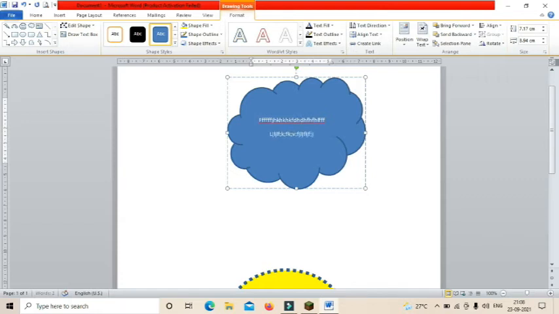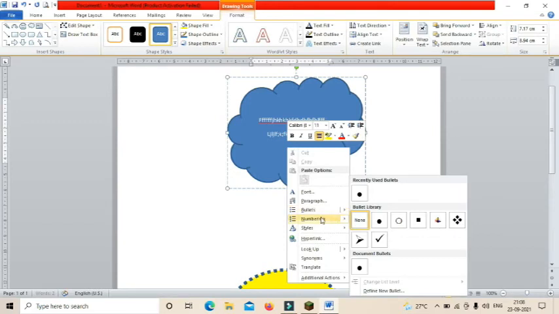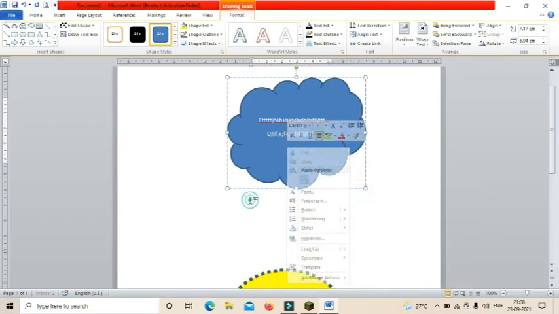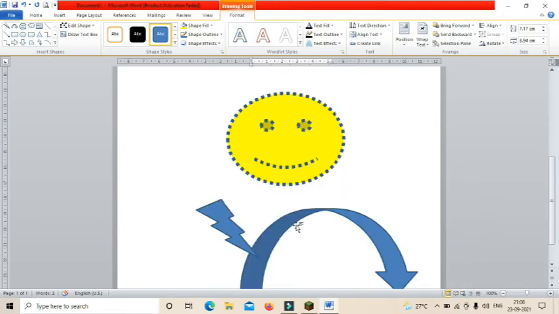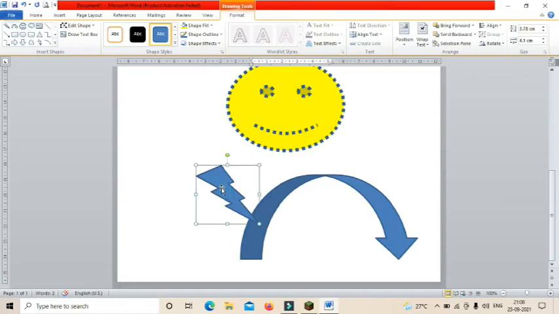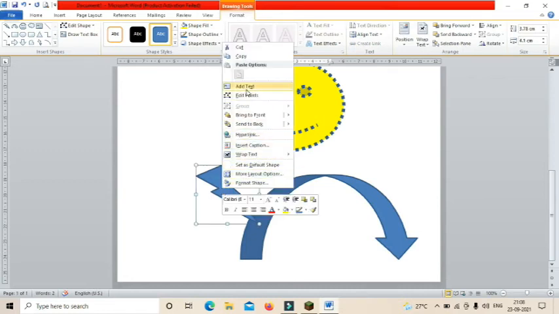Very simple. Or you can choose another option: click on the shape, right click and choose the add text option. It is not available now. Or simply select the shape and type the text.